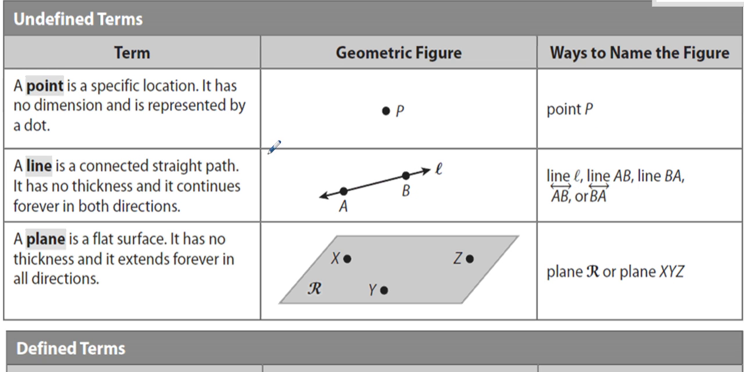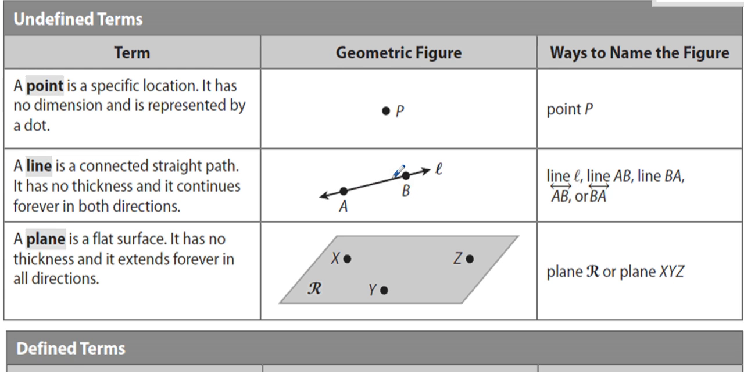If we're talking about a line, I think everyone knows what a line is. No thickness, continues forever in both directions. You need at least 2 points to be able to talk about a line. So this line passes through A and B. You can call it line AB. You can call it line BA,